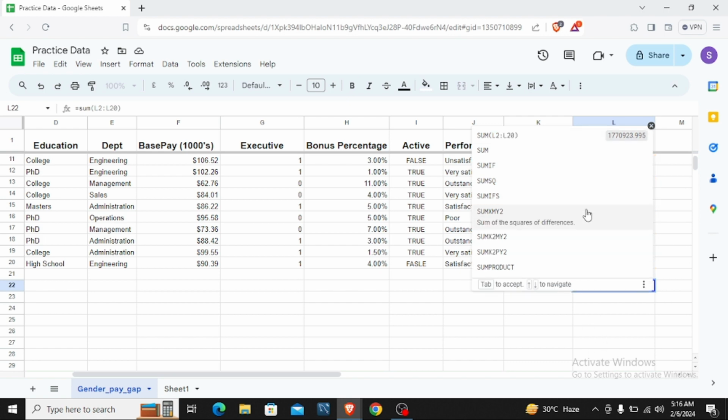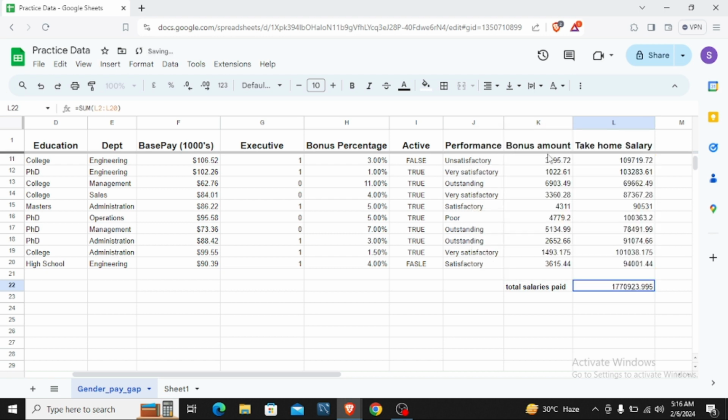Google Sheets, knowing that because we are typing this directly under a number of figures, automatically knows what we want to do and has highlighted the rows that we want to calculate for. So we simply can click on this, or we can hit the tab button to populate this cell here with